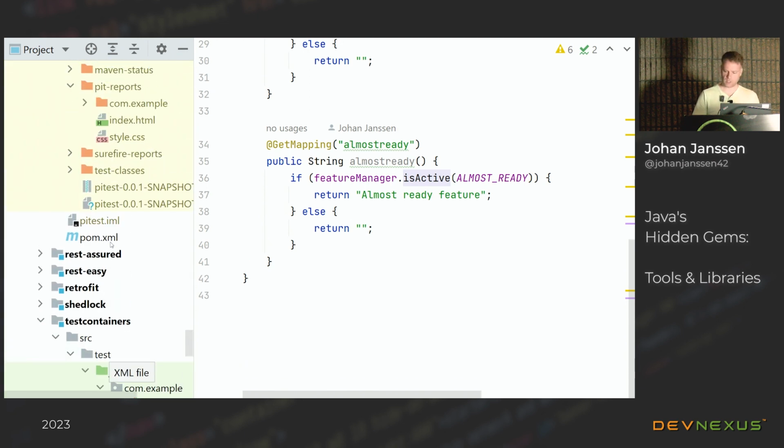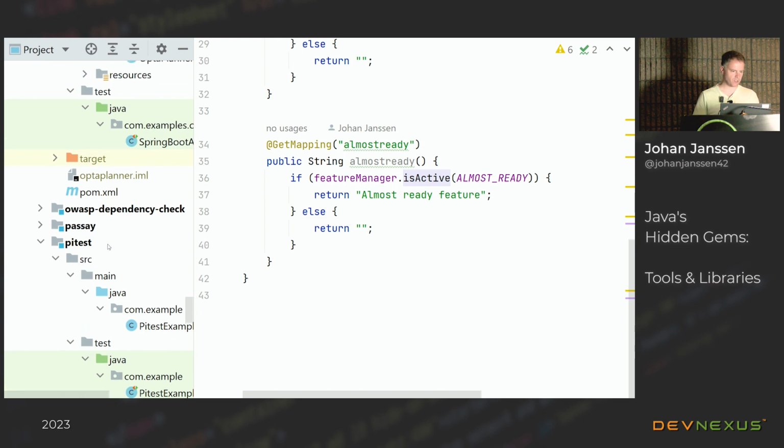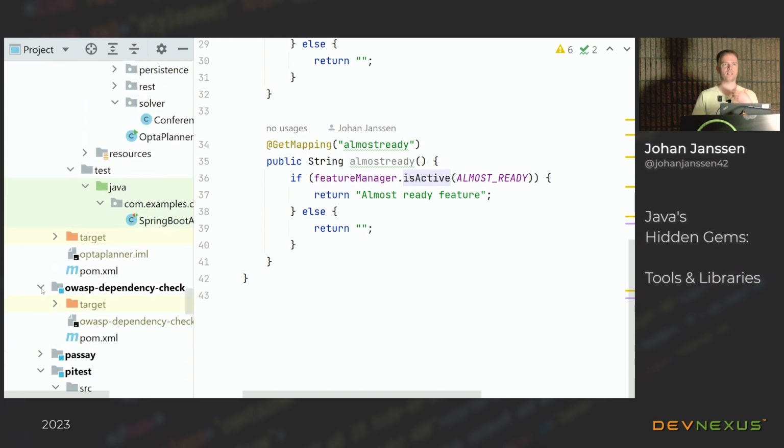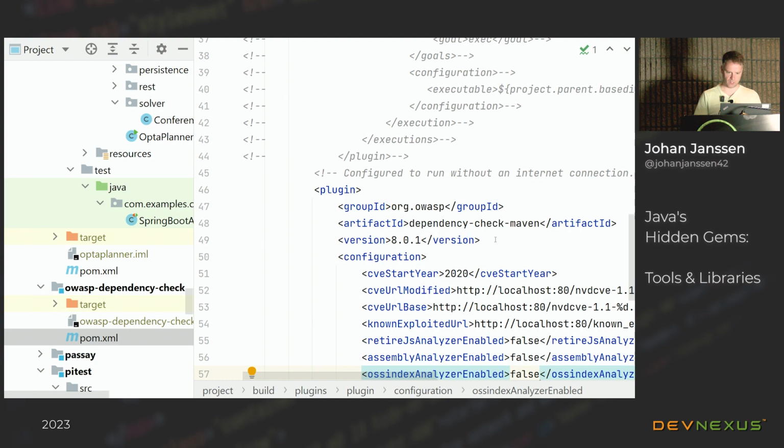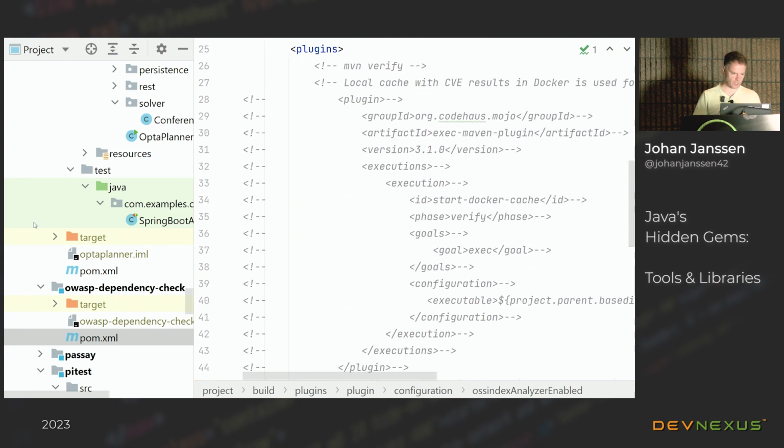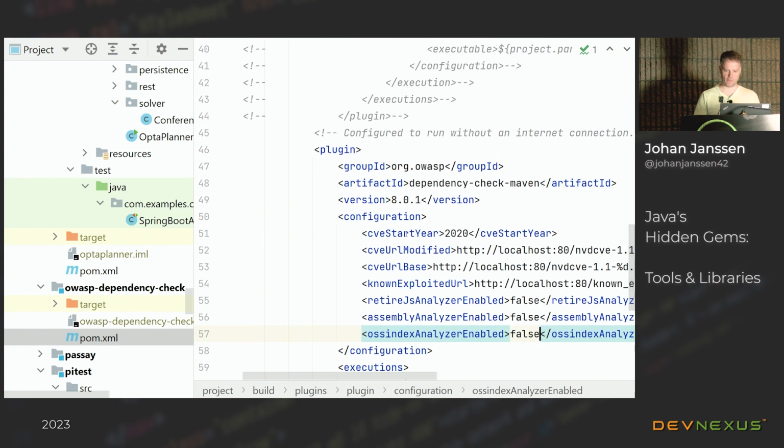So for security, you have the OWASP dependency check, which is quite an interesting project. It automatically scans all your Maven or Gradle dependencies to see if there are any issues in them, any known security vulnerabilities. And it works relatively easy. I simply specify it in the POM file what I want to do. For me, I cached everything locally. So there's basically a huge file with all the violations,